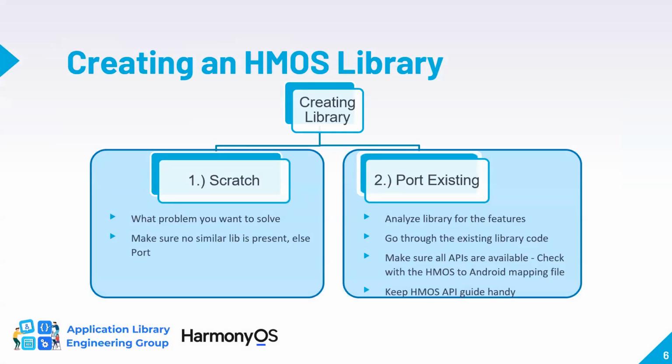So now, coming to how we can create an HMS library, because we now already have a basic idea of what a library is and why we need it. Here we will be discussing two approaches. Basically, one is from scratch and one is porting an existing library. When we say scratch, let's say you have an idea. Any one of you can have an idea, like, how can I talk to my neighbors without an internet connection and chat in a hidden way? Let's say any idea of that type strikes your mind, then you can start thinking and write it down from scratch. That can be an app also, but then you can convert it to a library also. So basically we are talking about from scratch.